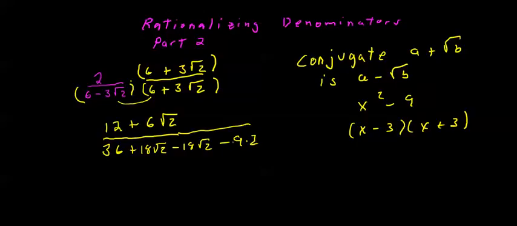9 times 2. Now, a couple of things. In the test that I'm grading right now, a lot of you have messed up this minus. You forget about this being a negative. Okay? Don't forget that. These cancel. They always will. And we end up with 12 plus 6 radical 2 over 36 minus 18, 9 times 2,